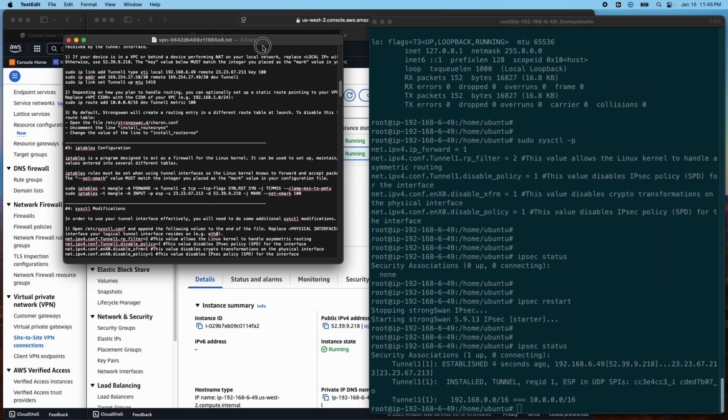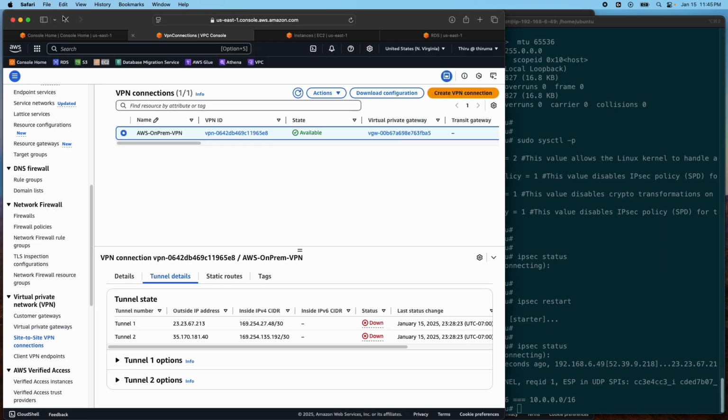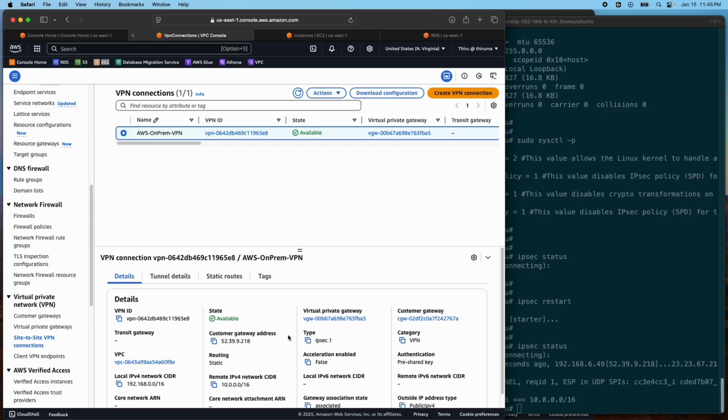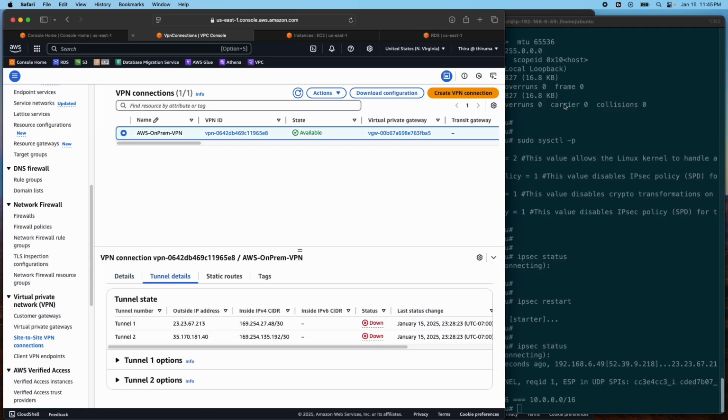So if you go to the VPN connection, the status should come up from down to up. It will take some time. In the meantime, let me go ahead and make one change on the